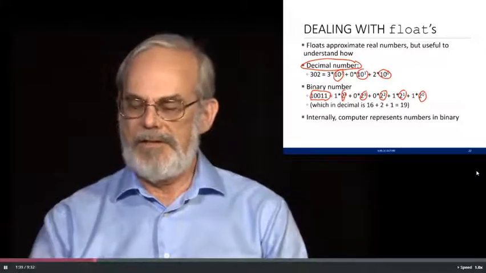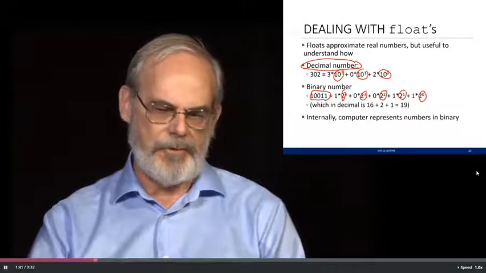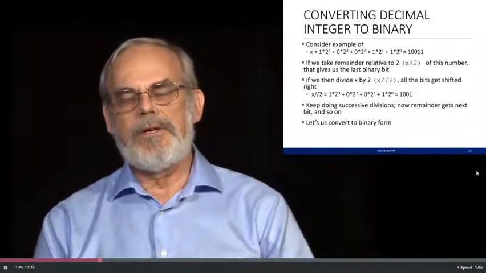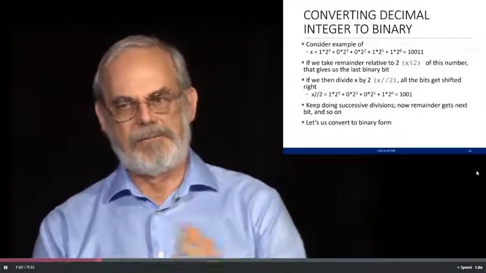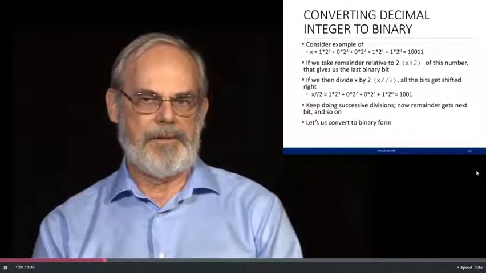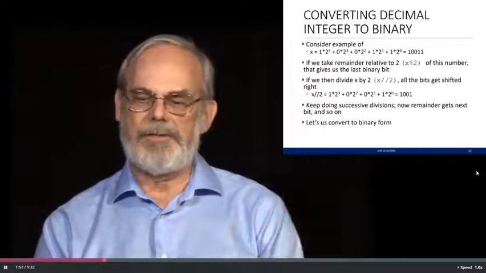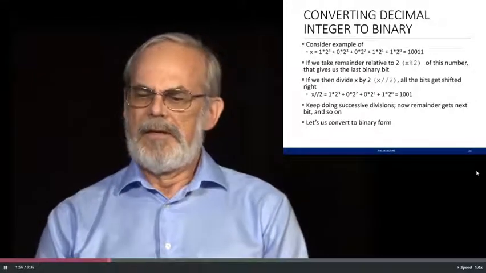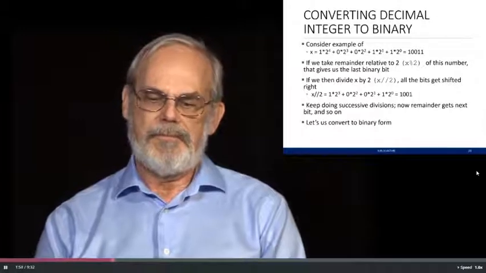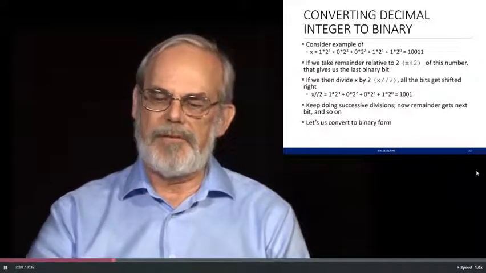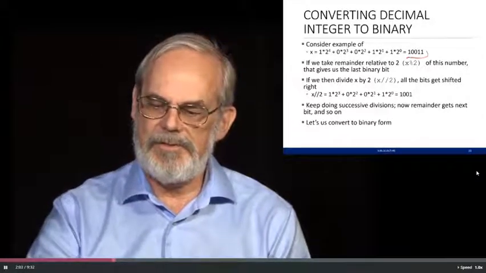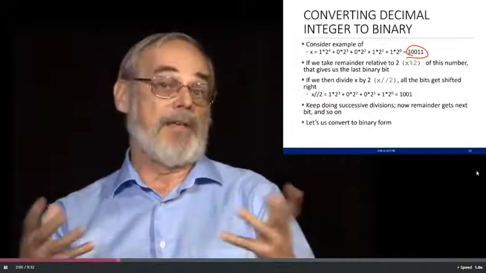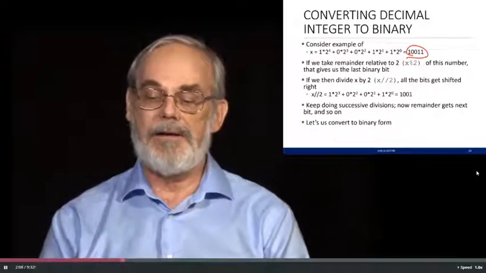How would we use that idea to think about how we represent floating point numbers? Well, let's think about how we could convert a decimal integer into a binary representation, and then we'll do the fraction portion of it. So given a decimal integer, how would we convert it to binary? Well, let's take an example. My example would be the one I just had before. 19 in decimal is 10011 in binary. If I had 19 or anything that represents that number, how could I get it out?